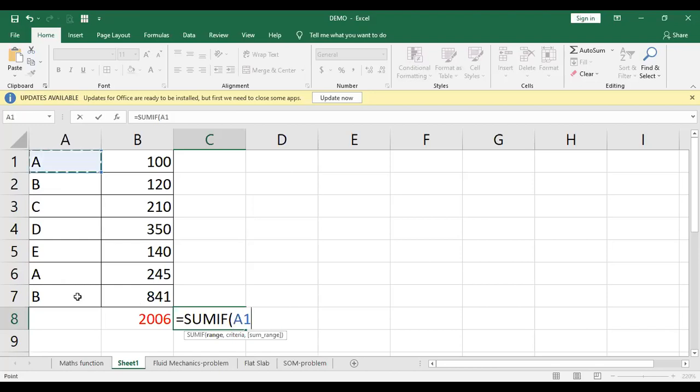So you can simply select this, then put a comma here, and then the criteria. So how to give the criteria here? The criteria would be equals to, give a double quote, equals to, say B, then close the double quote, and give the range.